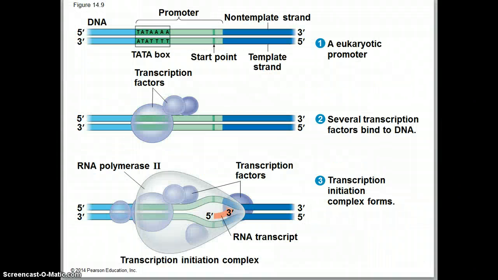So the first thing I want to show you is how transcription begins. Transcription requires a promoter. This is an example in a eukaryotic cell. Within eukaryotic cells, there are these things called TATA boxes that are going to be at the very beginning of the promoter. And the promoter is just a sequence of DNA that basically tells the RNA polymerase where to start